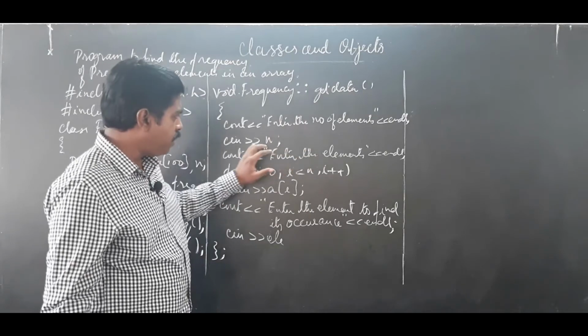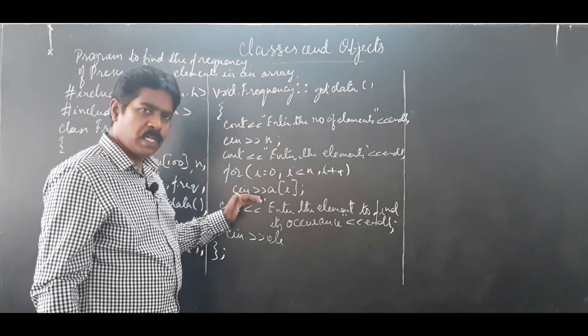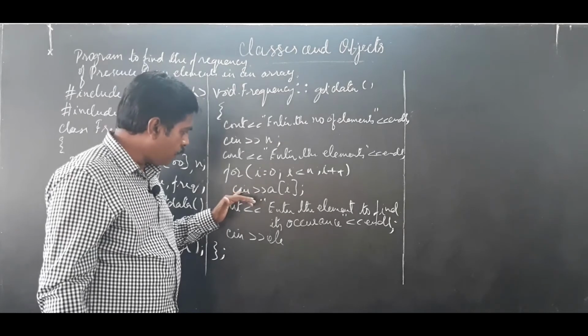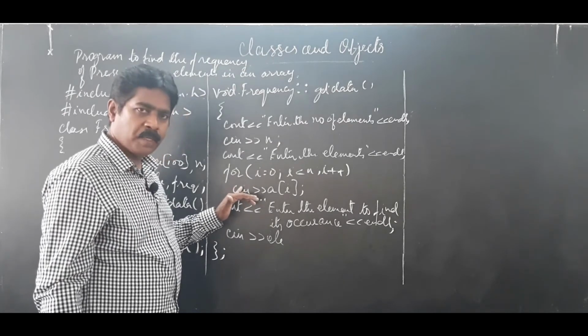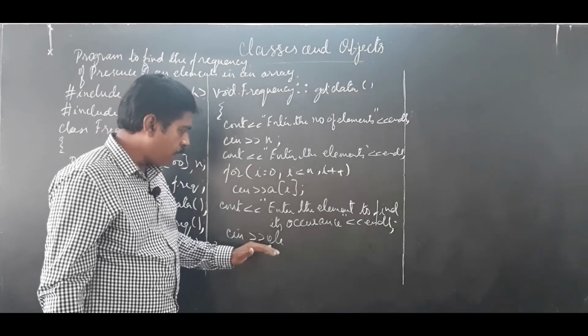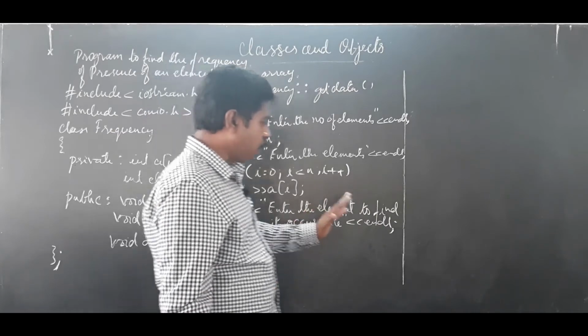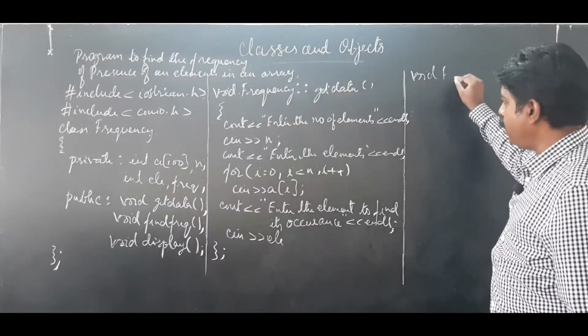Enter the number of elements, n elements you are going to enter, and you are going to accept those n elements using an array. The array is accepting the elements using the for loop. Then the element which we want to find is taken in ELE. Further moving, void frequency,